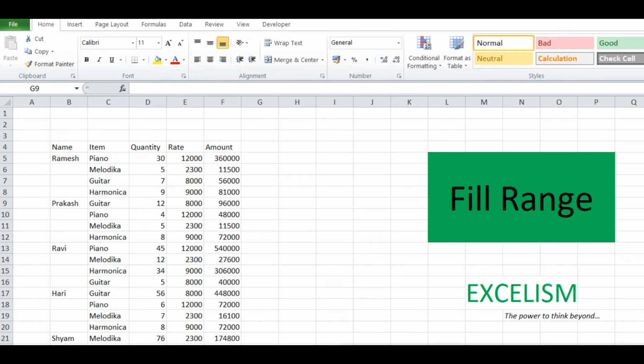Here we go. Fill range in Excel. How to do that? Today's topic, range के अंदर कैसे हम filling करें. Like in the given data, you can see